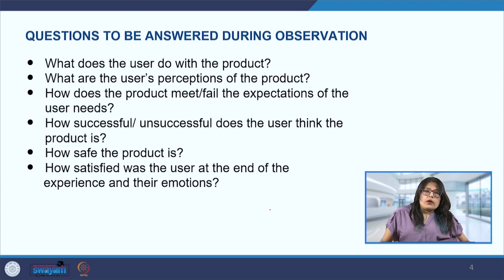How safe is the product? So, of course, the product safety is always one of the core issues to be taken care of. So, if we take the example of a digital product, say a simple email that we are writing, and now if, for example, we have to attach an attachment in the email, but we forget to actually attach it. So, will the email remind us that the attachment is missing, that you still have to attach?